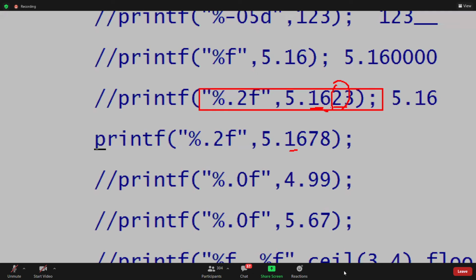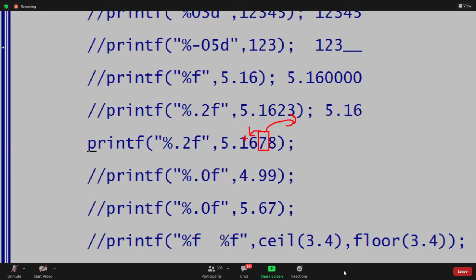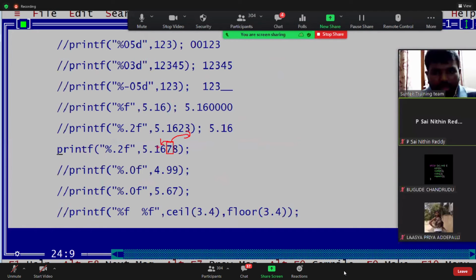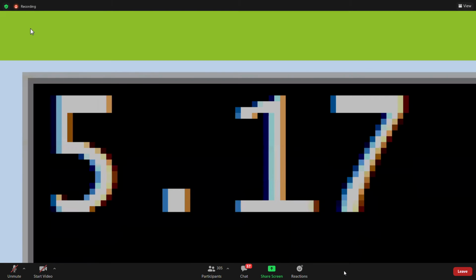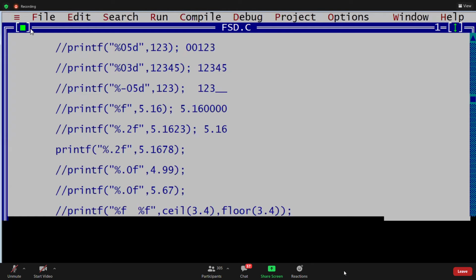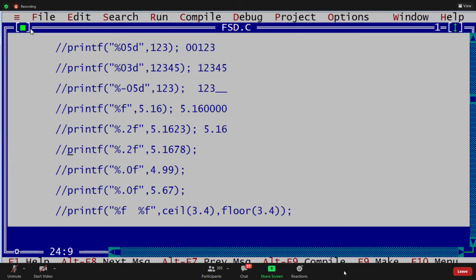Here the third digit is 7. You know that concept, the rounding figure concept. Whenever the digit is greater than or equal to 5, it adds 1 to the previous digit. So the answer is 5.17, not 5.16. So this is 5.17.